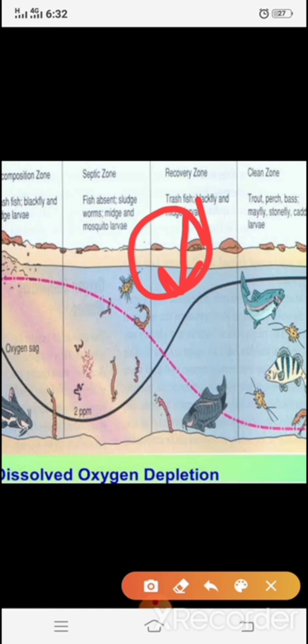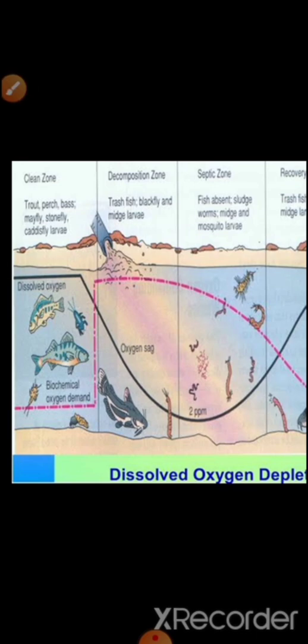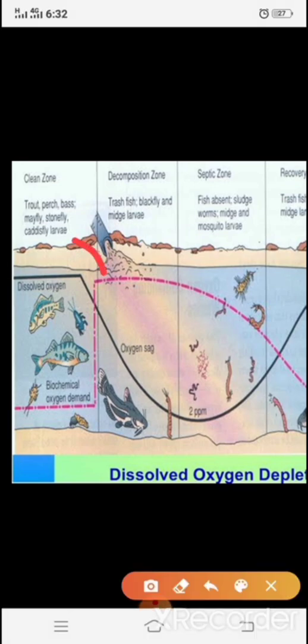the oxygen being added, and the presence of different kinds of aquatic life, including fish, is an indication that the level of pollution has sufficiently reduced. Then again we will be entering into the clean zone, and in this zone we will again have the same level of saturation as existed in the initial clean zone. So almost the same level